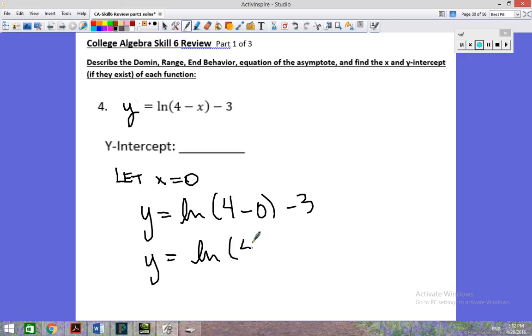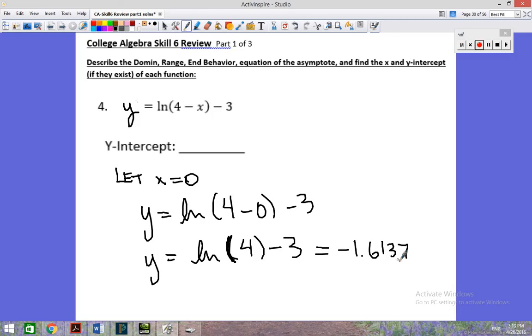When you're keying this into the calculator, don't forget to close that parenthesis. These Texas Instrument calculators give you an open parenthesis after you hit the natural log button. You've got to remember to close it. Alright, so there is a button on your scientific calculator that is LN. Press that, press 4, hit the parenthesis button, and then minus 3. When I do that, I get negative